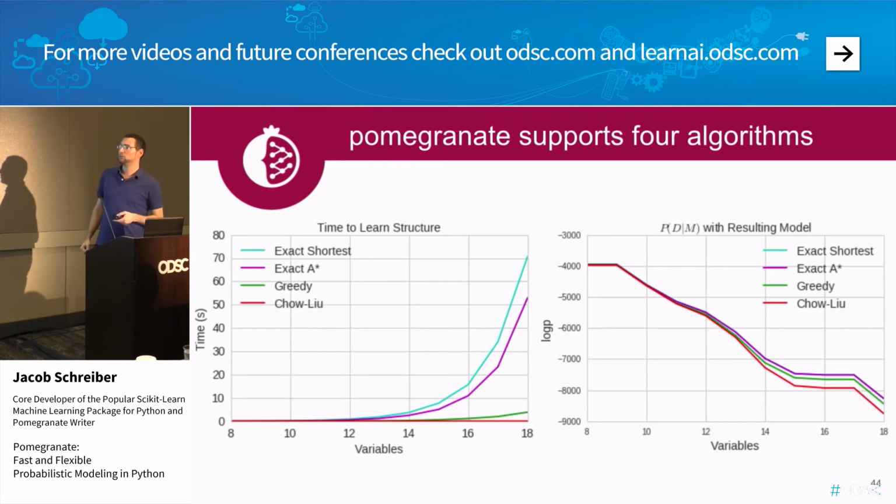Then we have Chow-Liu trees, which try to find the best Bayesian network that follows a tree-like structure. So each node can only have one parent, and that's pretty fast. On the left-hand side, you can see a speed comparison, where as we increase the number of variables, the greedy algorithm starts to increase around quadratically. The Chow-Liu tree is going to be super fast up to several hundred variables, and then we can test their performance, where higher is better. You can see that the magenta and the cyan lines superimpose because they're the same algorithm, just slightly different. They're both exact algorithms, just with slightly different technical details. The greedy algorithm does well, but not optimally, and the Chow-Liu tree does the worst, which makes sense because there are significant restrictions on it.